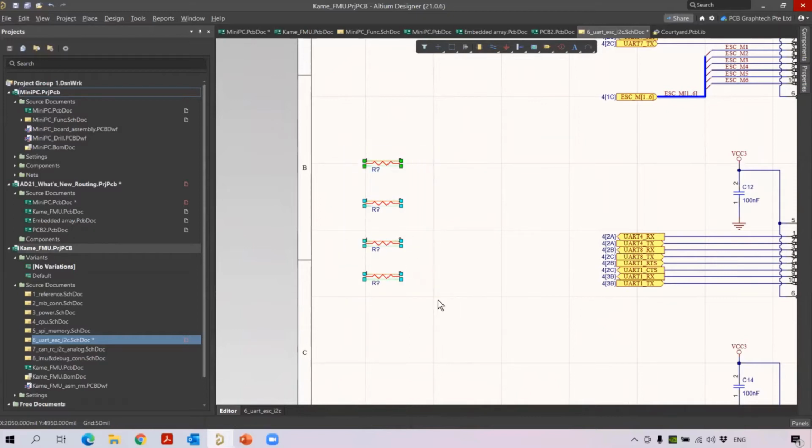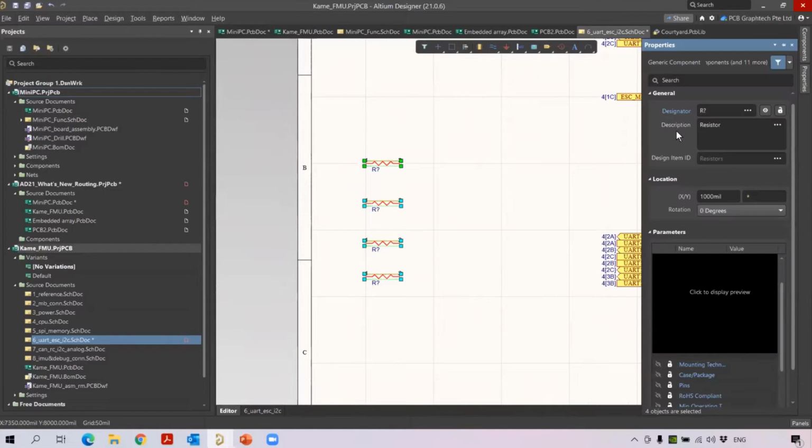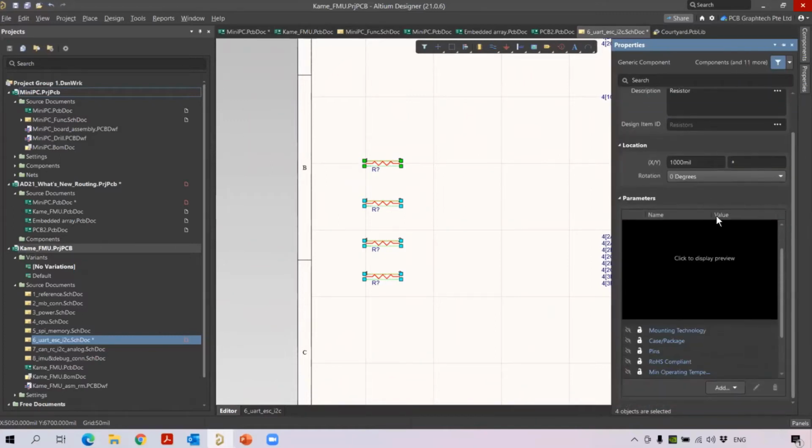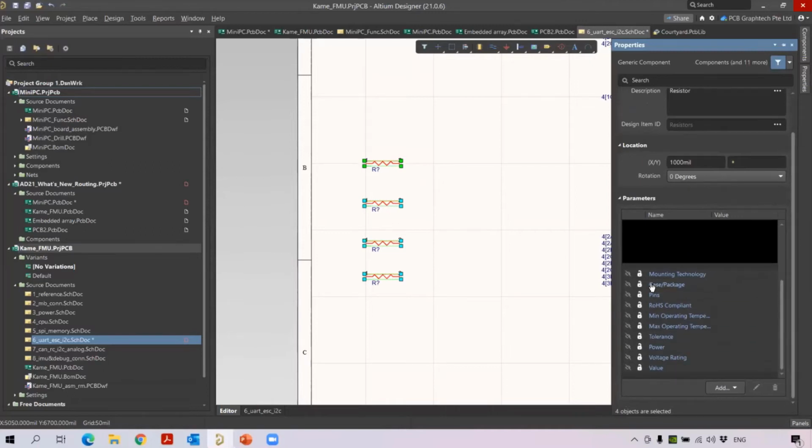So once I select all the 4, go to the properties panel. You will see the designator, the description, all the information about the components here, resistor, and then coming below, you can see the properties. Okay, so the properties, you can see the parameters, there is a case, the pins, all this information. From this, I want to assign the value for these resistors.